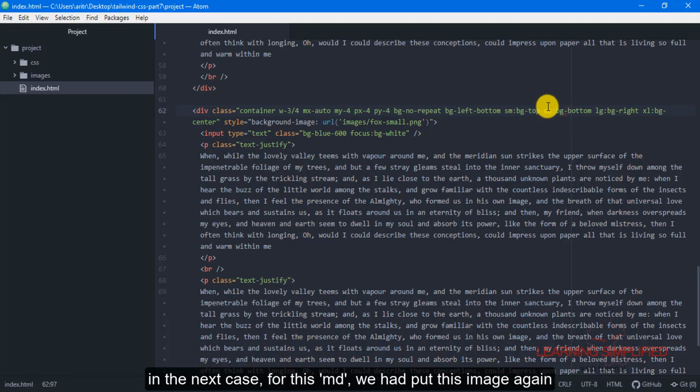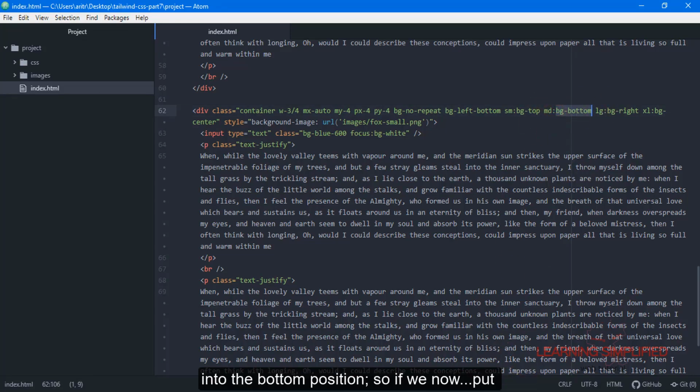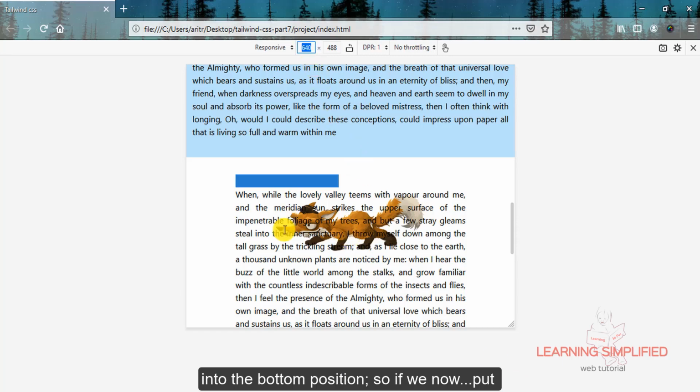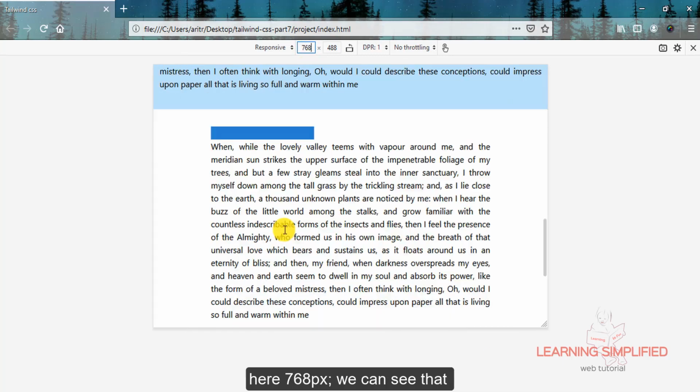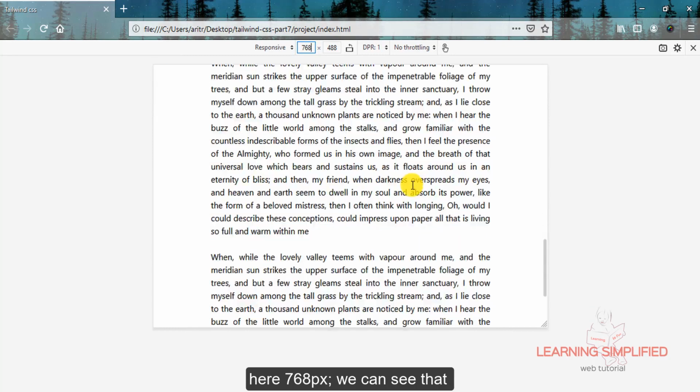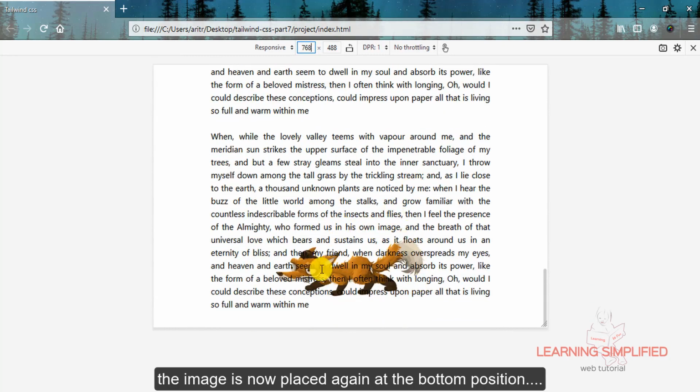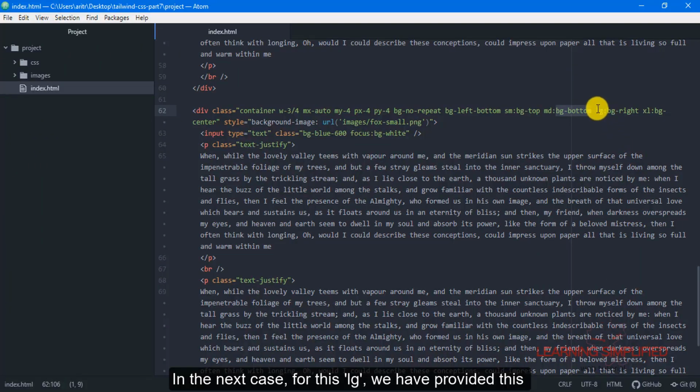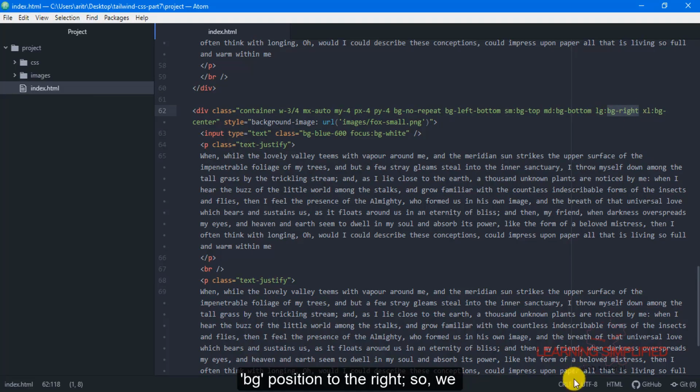In the next case, for this MD, we have put this image again into the bottom position. So if we now put here 768 px, we can see that the image is now placed again at the bottom position.